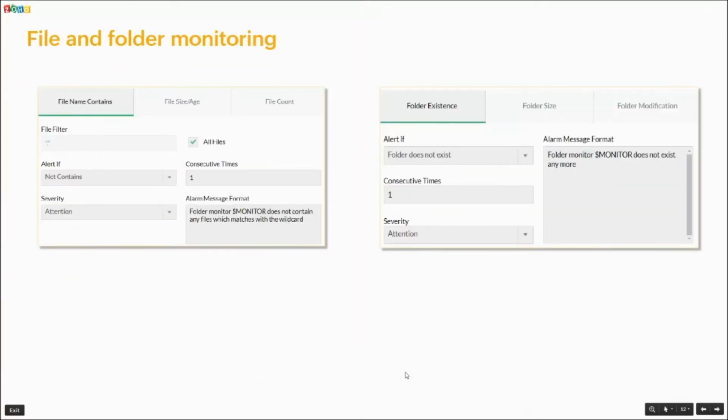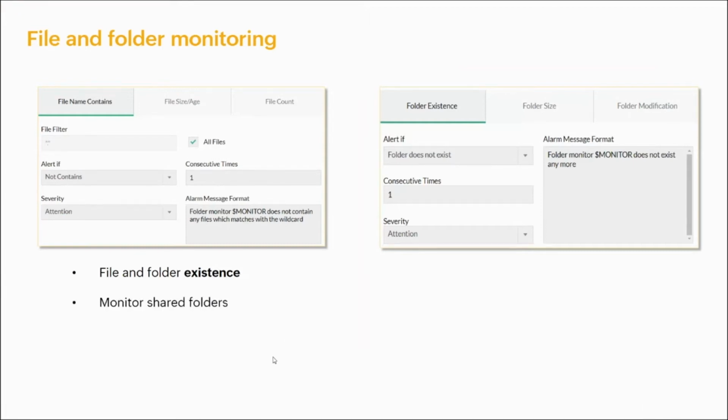The next topic which we are going to see is file and folder monitors. When we talk about file and folder monitors, we can monitor file or folder existence. We can monitor the shared folders in our environment. We can monitor the size, file count, and the age of the files which we are monitoring.